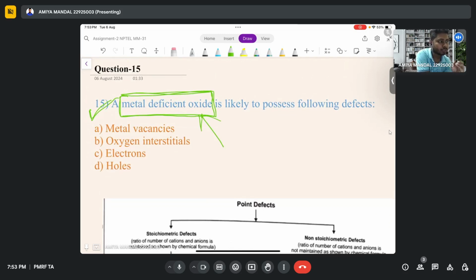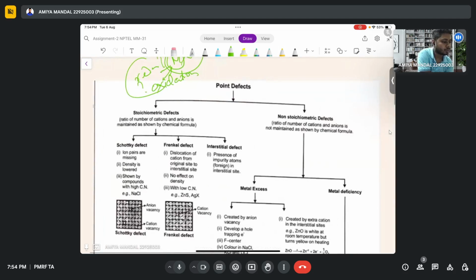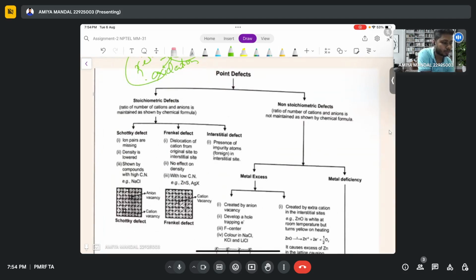In the stoichiometric case, charge neutrality was there, but here charge is not neutral. Charge is unbalanced here. So in these cases, for a metal oxide, on the metal side, we have to find out whether reduction or oxidation has occurred in the metal oxide. So I have collected some data on point defects, which are stoichiometric defects, just Schottky defect,